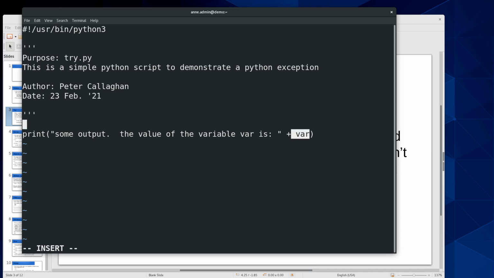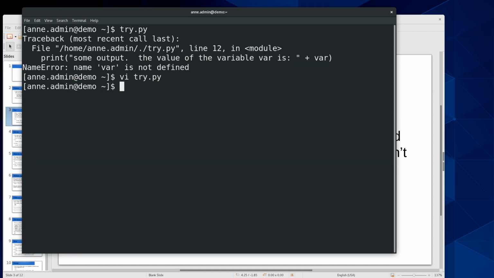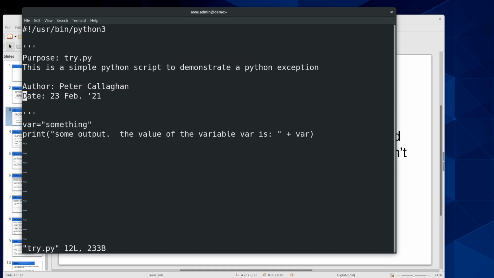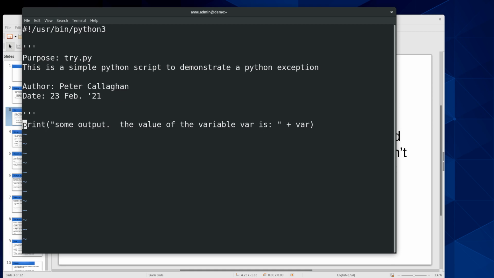so it crashes. Now, realistically, the solution to this would be to actually instantiate your variable before you use it. And then your script runs normally, but again, I'm trying to keep this as simple as possible. I'm choosing an exception to cause that is this simple so that we can concentrate on learning about exceptions and not on trying to figure out some reasonably complicated code. So I'm going to take that back out,